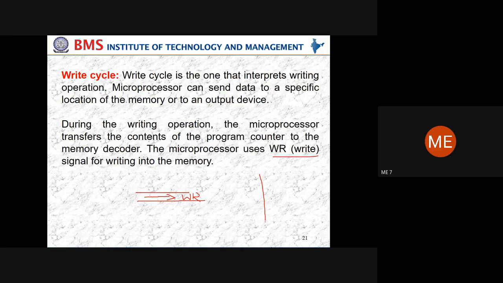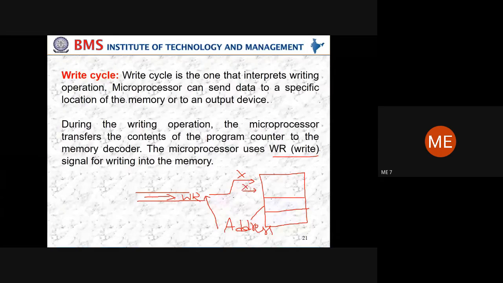Now you have so many locations. Assume that this is the area where you wish to write the content. This has some address. You will know where you are going to write, so this address you send through the address bus. Now you have the address here. You check here, it is not correct. Then check one more here, it does not match. Then check here, and the address of this and the address that you are carrying match.